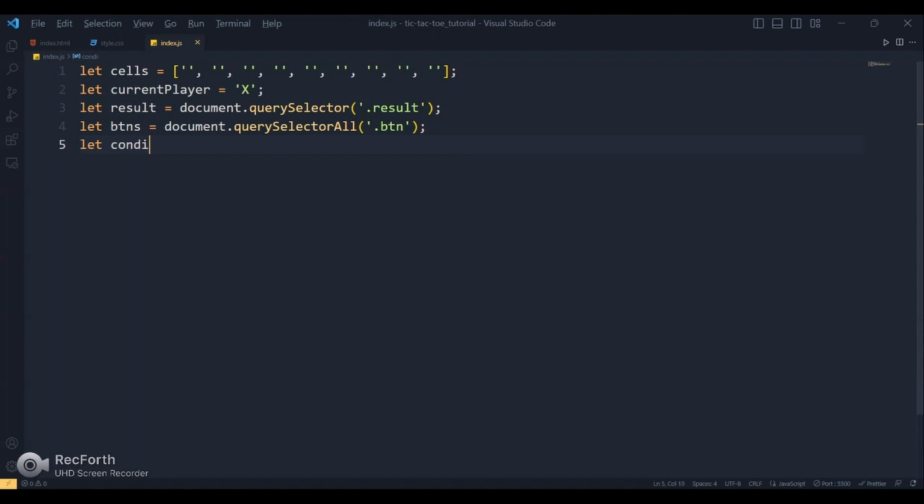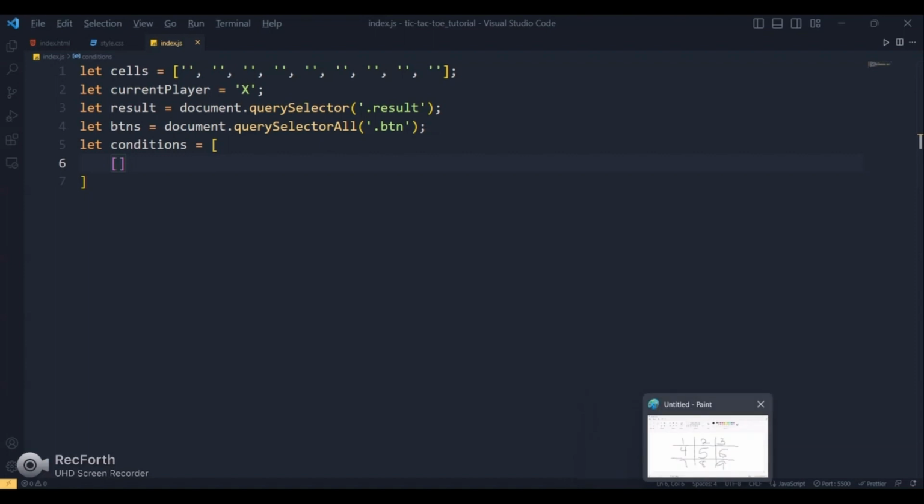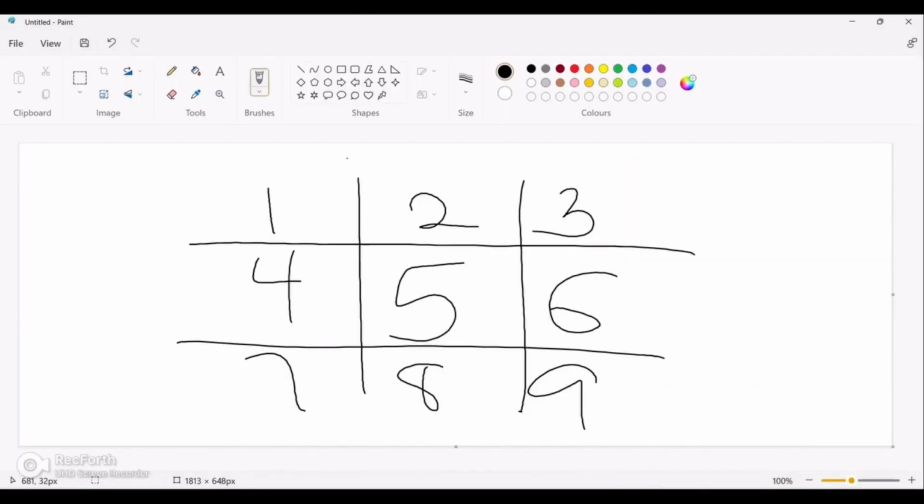Alright, then we want to set our conditions, because there are various conditions we are going to use. So there are various conditions that show that someone wins. Okay, and I'm going to write out the following. So let me just go back here and try erasing something. Right, and we're going to be using